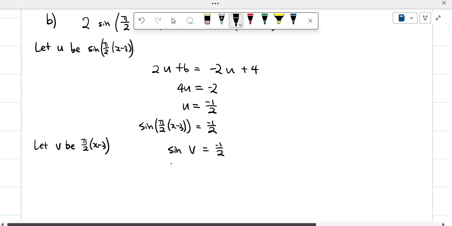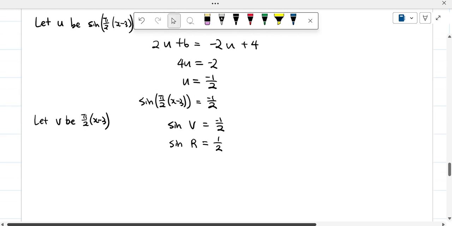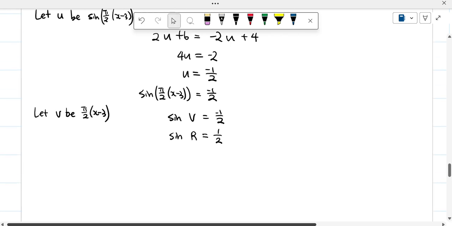First of all, what I need to do is change this equation into the reference angle. I'm going to find the reference angle, and I need to change that negative number to a positive number as well. If it's positive, we can just keep it positive. Now let's solve for r. We can use our calculator, or your brain, or the unit circle, whatever you want. When sine of r is equal to 1 over 2, I'm pretty sure that r is equal to pi over 6. I know that because I can draw a special triangle